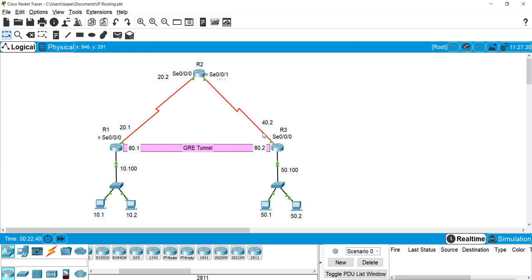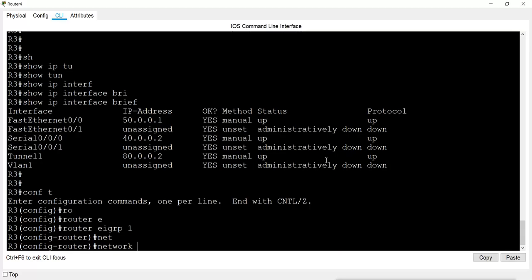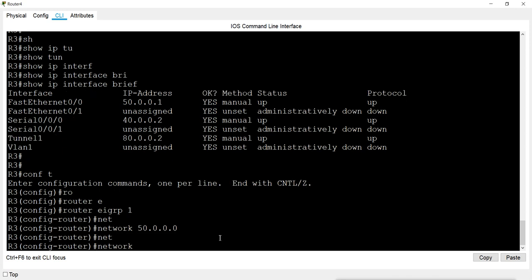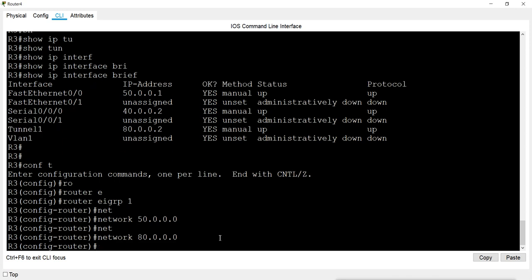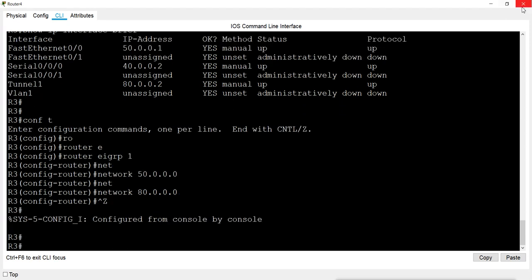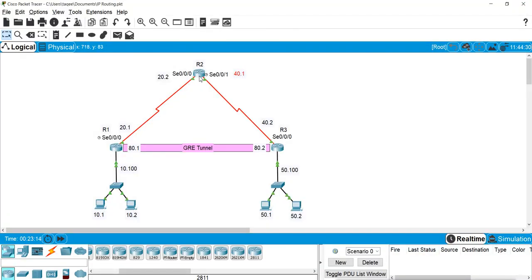I will not mention these interfaces, these networks. These we don't know. This is like the internet. So we don't know about these interfaces, these internet networks, and we don't want to mention them. We want to use this tunnel to do the routing also. So connected network, I will mention this 50 and 80. So 50 and network 80. And then I will do the routing on router 1. And remember, I am not doing anything on this router 2.